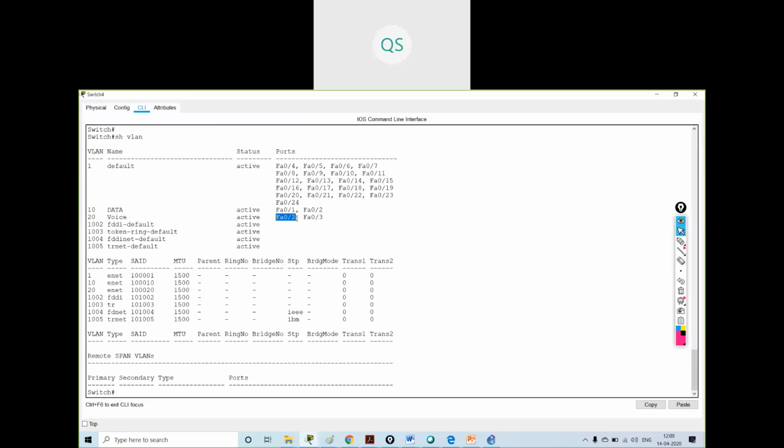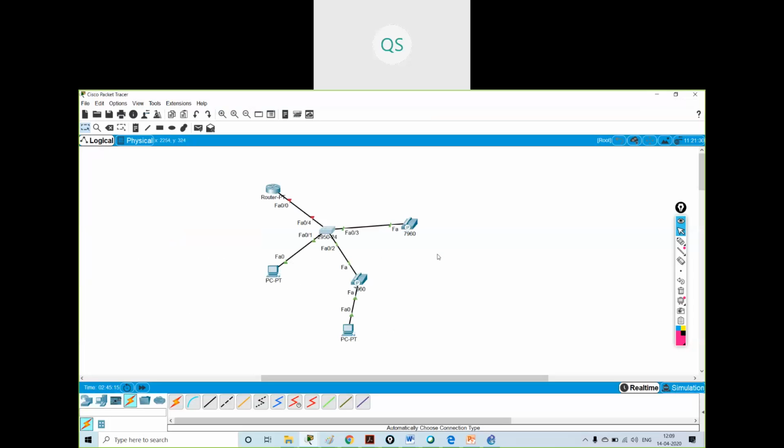Why do you need voice VLAN? You need voice VLAN so that your voice traffic should get forwarded. Understood? Yes, sir.